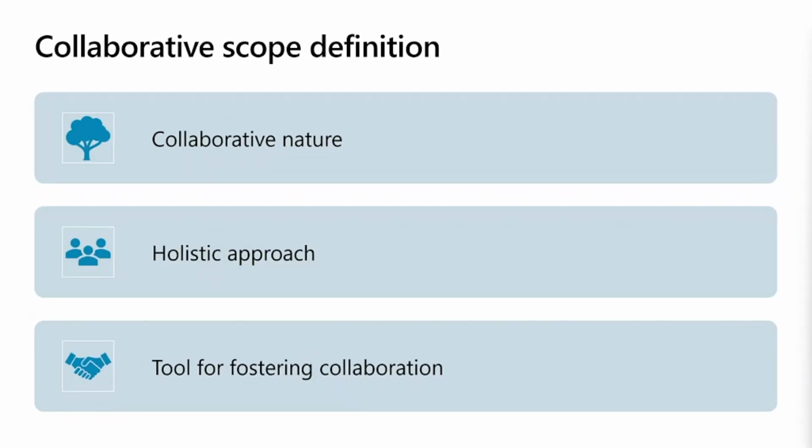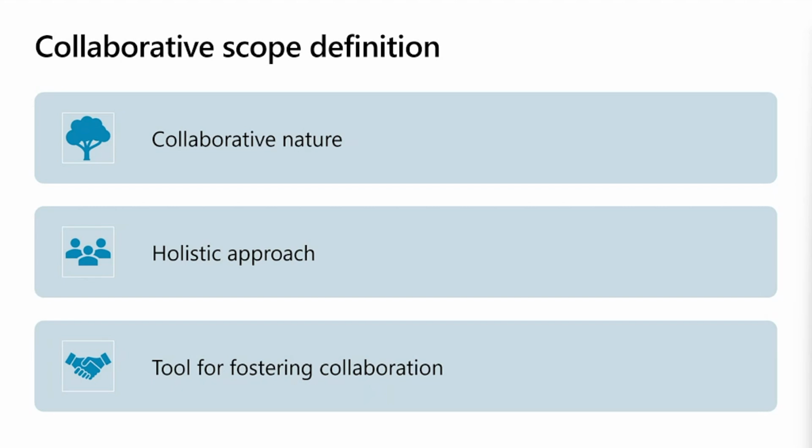Again, I cannot stress enough the collaborative nature of defining scope with the business stakeholders of each of the different areas. It's important that you assign those stakeholders and keep in mind that you might have multiple, especially if your organization has multiple lines of business, multiple countries or regions that you operate in. So defining that scope and making sure that the stakeholders are in alignment with how your organization is structured,